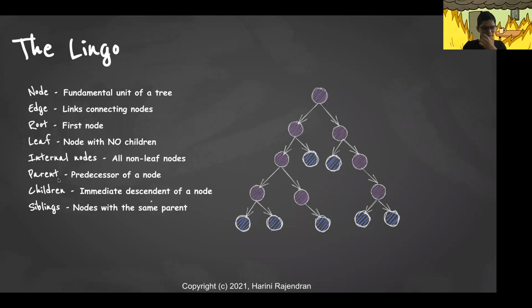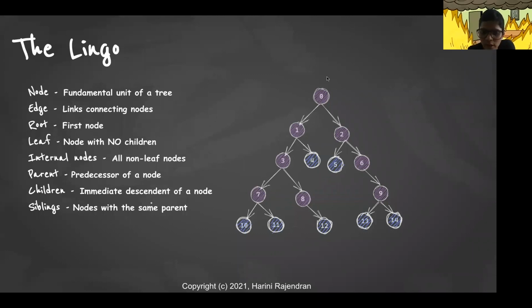And then there is also this parent-child relationship in a tree. A parent of a node is the immediate predecessor of a node. For example, in this diagram, 0 is the immediate predecessor to 1. So 0 is the parent of 1. If we take 1 and 4 here, 1 is the immediate predecessor to 4. So 1 is the parent of 4, and so on and so forth. If you take any node, the one that is right just before it, the immediate predecessor, is called its parent.